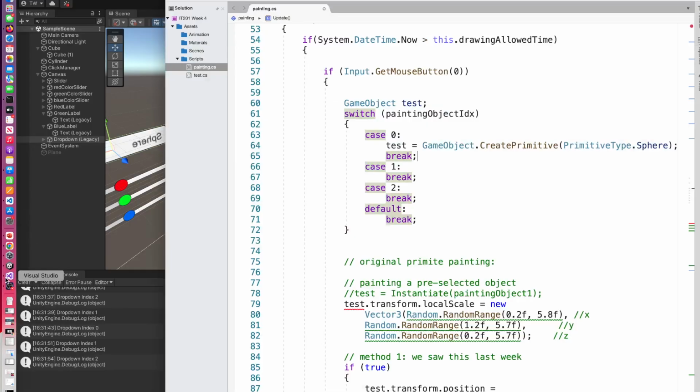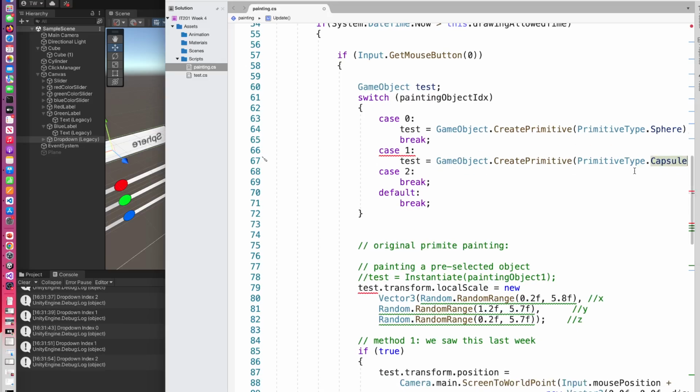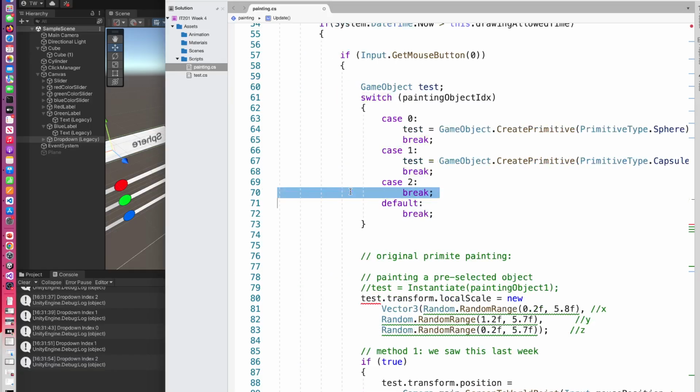So let's do that. Sphere is 0, and this will be primitive type capsule. And again, break. And prefab is 2, so let's just make it